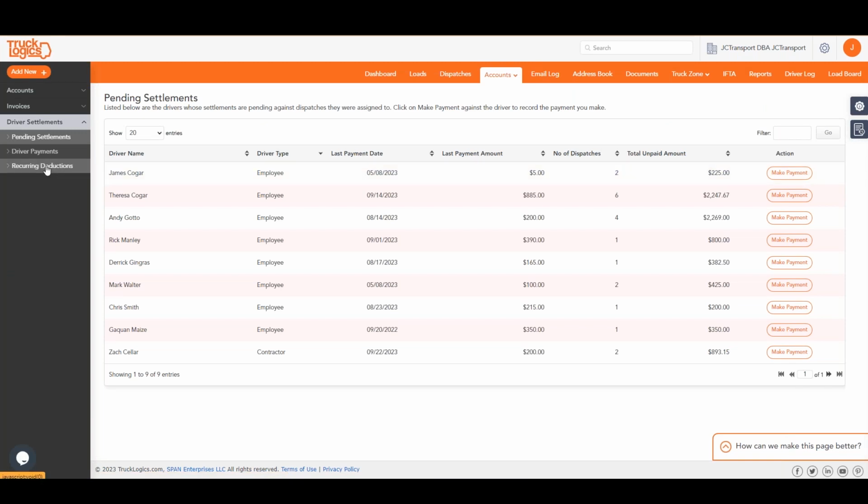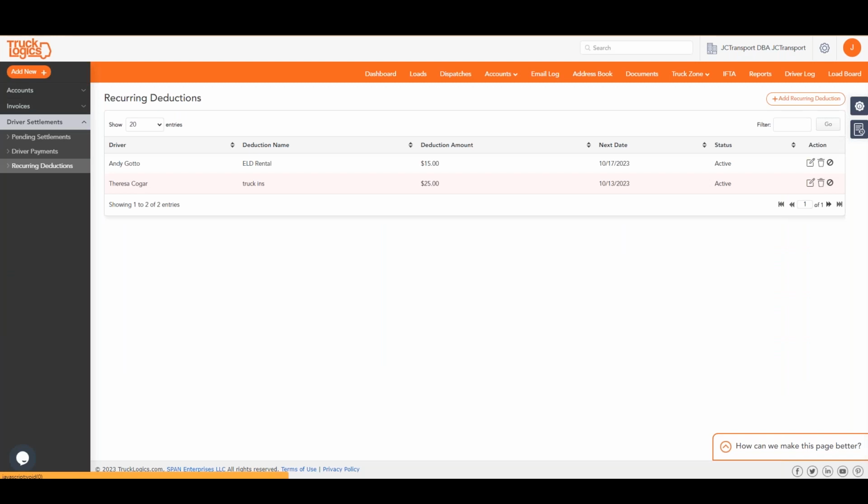And come over here to the left and it says recurring deductions. So you hit recurring deductions. Right here, I've got a couple of drivers, so we already have deductions set up. Let's say we're going to add one in for me. So we put add recurring deduction,